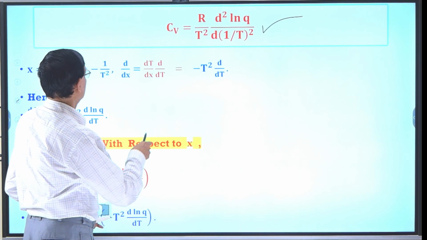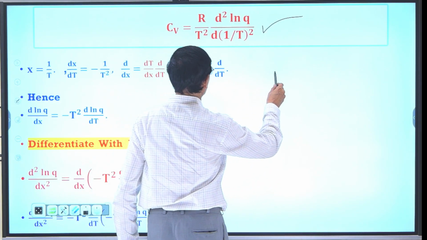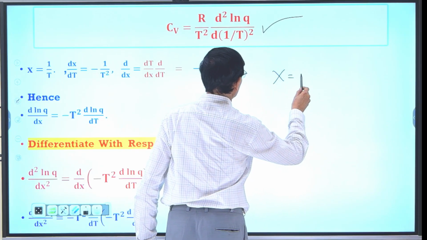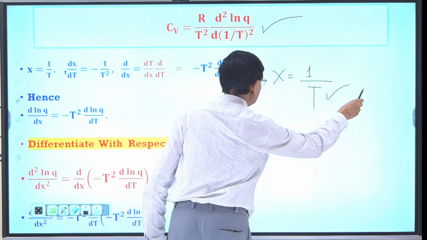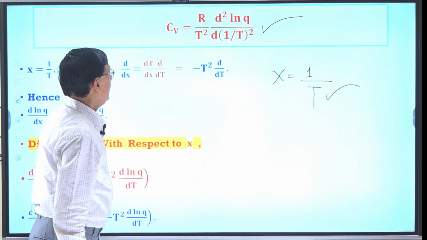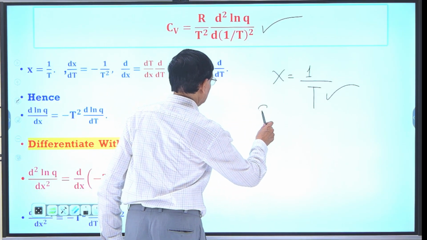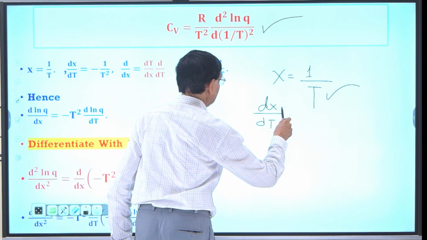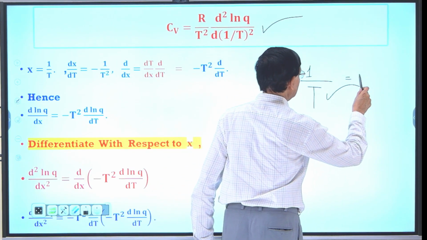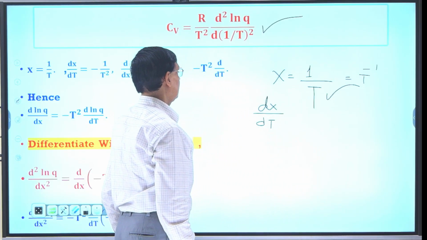yes, so first suppose x is equal to 1 by t, understand this well, and if I want to differentiate it, dx by dt, and we can write it like this, t inverse, 1 nx n minus 1, like that. So what I will get,